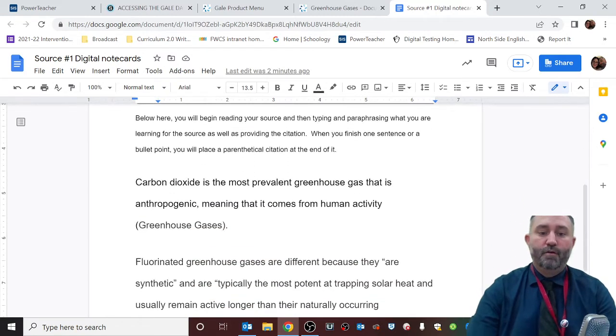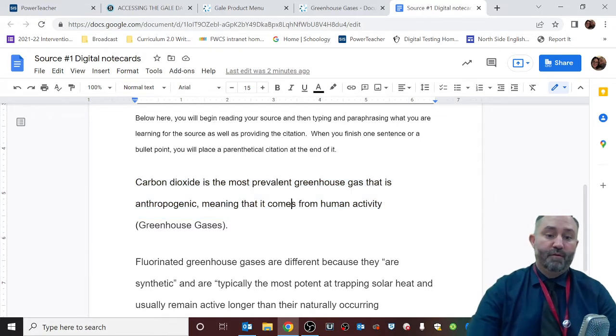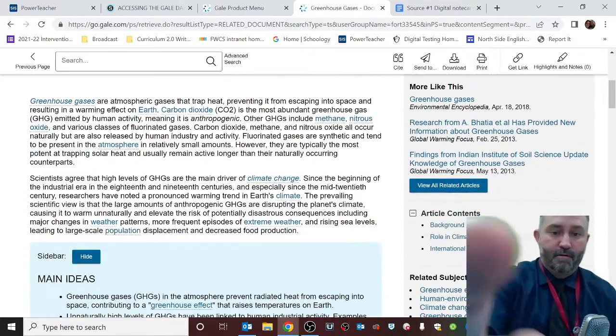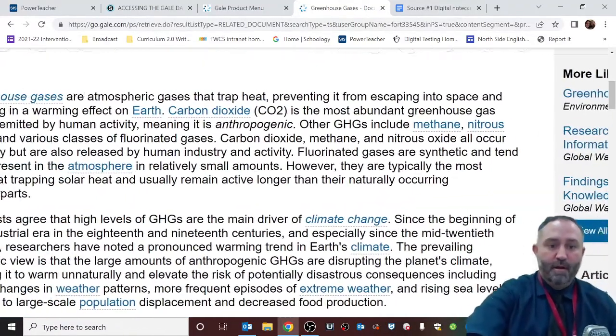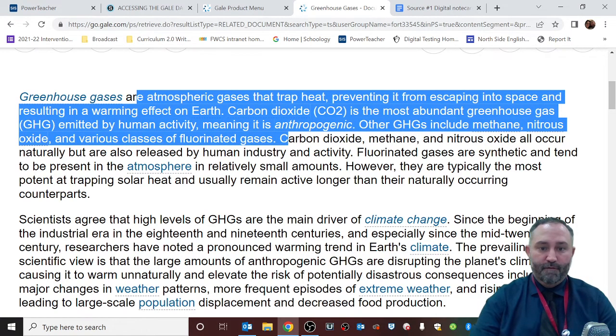Then I've also taken two sets of notes so far. The first one is what is known as paraphrasing. This is an example of where I read the first paragraph of the article, found some information, and completely changed it into my own words. So what I actually typed was, carbon dioxide is the most prevalent greenhouse gas that is anthropogenic, meaning that it comes from human activity. If you look at the first paragraph of the article, and I'm zooming in a little bit,